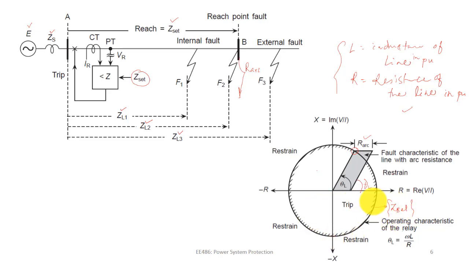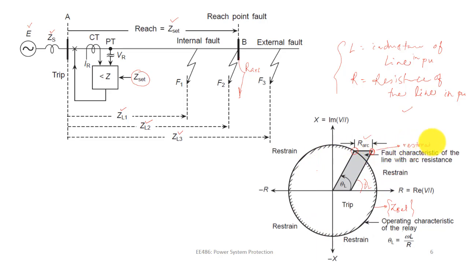So therefore this will remain the same, only your fault characteristic will change because of the arc resistance. It will have two parallel lines, like a trapezoid, right? And because of that, sometimes at the reach point your relay maloperates because of the arcing resistance. You can see here the set point is Z set up to point B, bus number B, but if the arcing resistance is added, your actual Z is lying outside the circle,